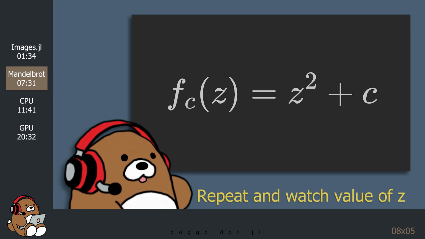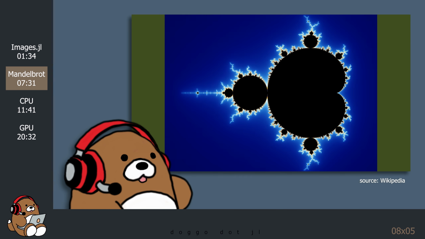Again, the result becomes the new value for z. You repeat this process until you can determine what's happening to the value of z. If the value of z tends to infinity, then the complex number is not part of the Mandelbrot set. But if the value of z settles locally, then the complex number is included in the Mandelbrot set. Repeating this process for a range of complex numbers will result in a set of numbers that can be converted into an image that is surprisingly sophisticated and mesmerizing.